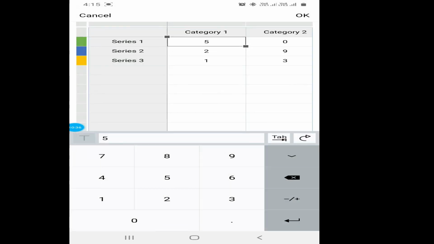Instead of 5, you can see here where it is written tab, I am changing it and the change is applied. You just have to click on that cell and it will be done.